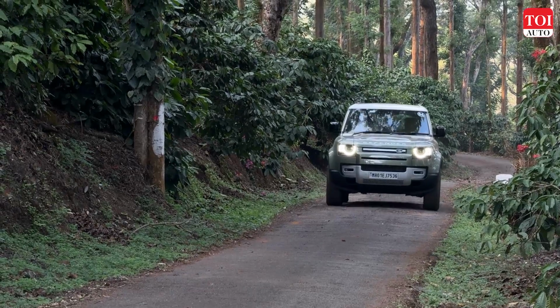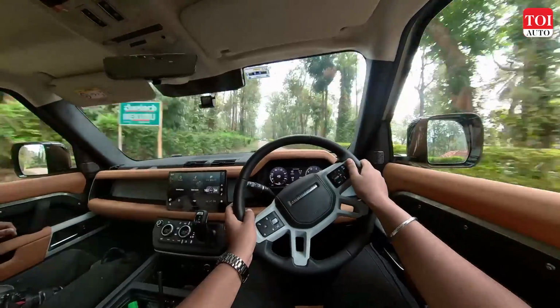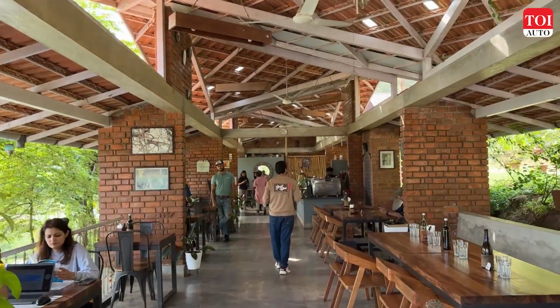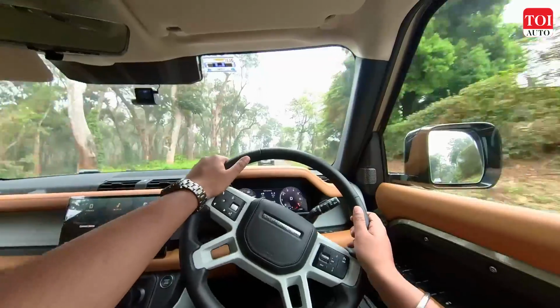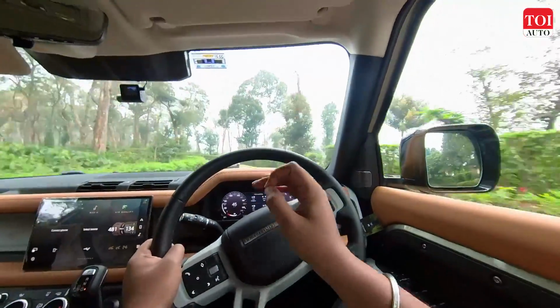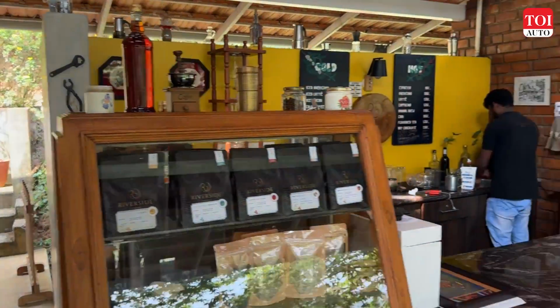The second morning we left for Bekal in Karnataka, and on the way Land Rover had organized a tour and tasting session at one of the local plantations in Coorg. So now it's day 2 of the Defender Journeys Konkan Experience, and we have just left for Bekal, and on the way we will be visiting a coffee roastery and see how the processes are and what kind of an